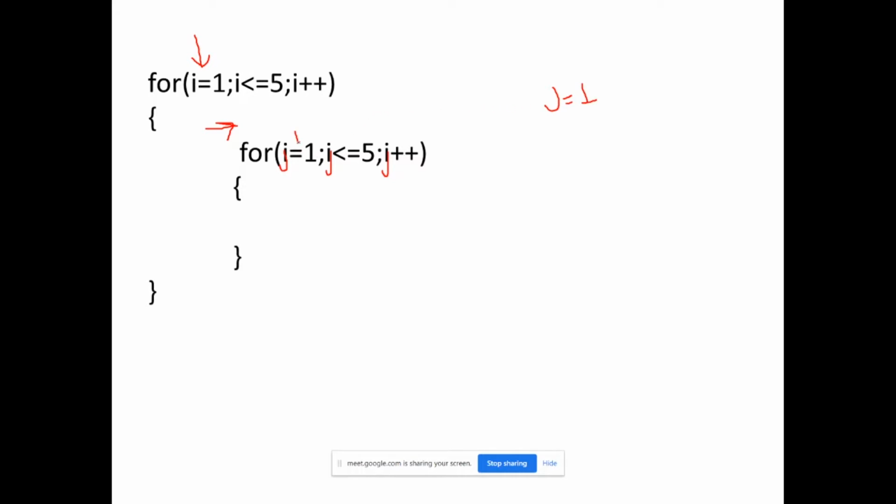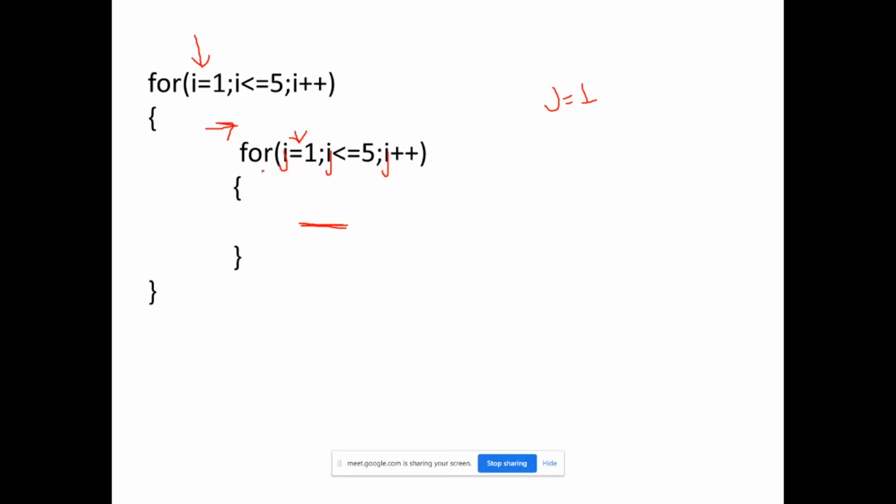First the j value is initialized, then it will check whether j is less than or equal to 5. Because j is equal to 1, the condition is true. So whatever code is inside will be executed.